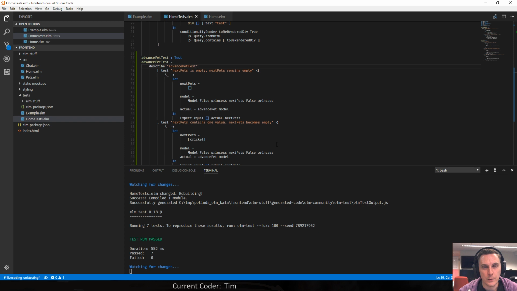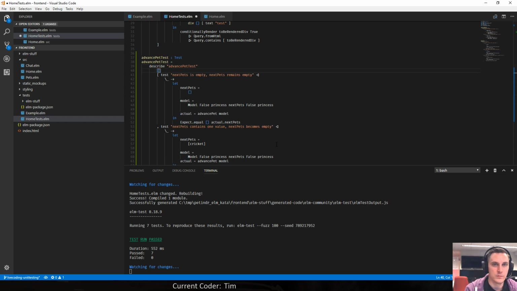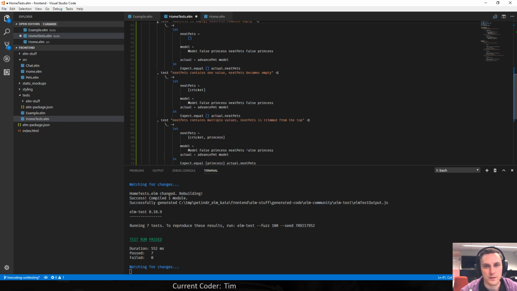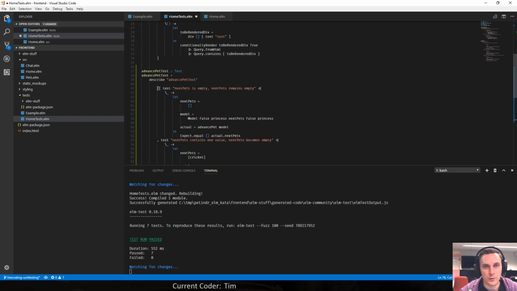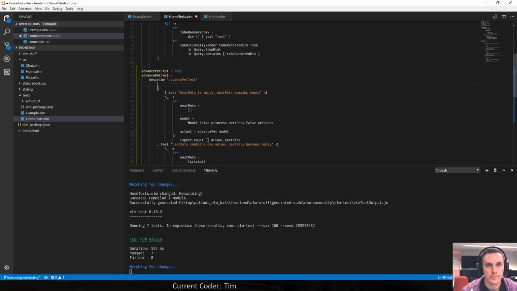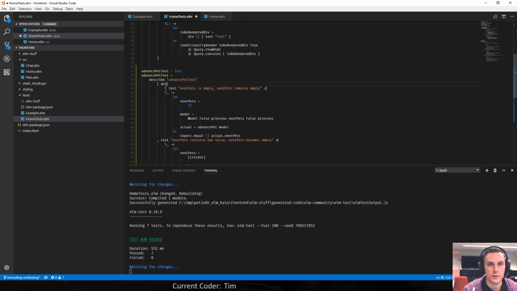So what you could do now is wrap all of this in another describe block, and we can call this next pet's behavior tests, or something. And group like that.